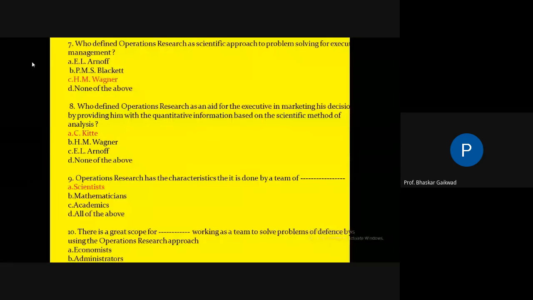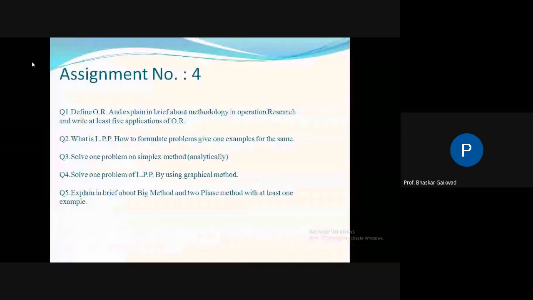Now, the last part of operation research: which type of questions are to be asked in your university exams? Accordingly, I have given this assignment number 4. In assignment number 4, the first question is there: define OR. What is actually OR? That definition should be there. And